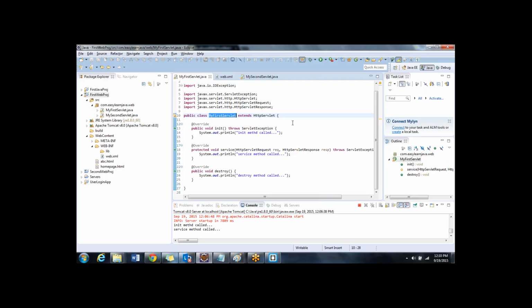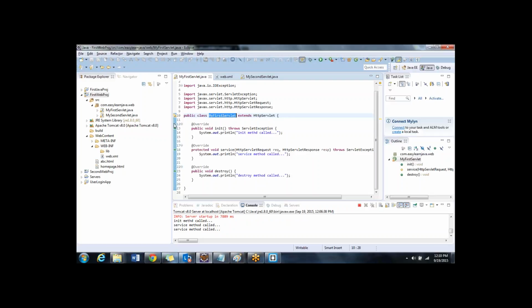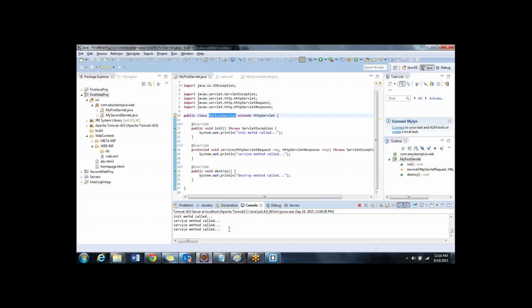Okay, now the next thing, I will go back and I can select that and hit enter, or I can do a refresh. Anything will resend the request again. So I did a refresh. Now, if you notice in the console, in the first scenario you see two outputs, but now you see only one output, service method called. Service method is shown here twice and init once. Now let me resend the request again. Done. You see here, only the service method is being called,